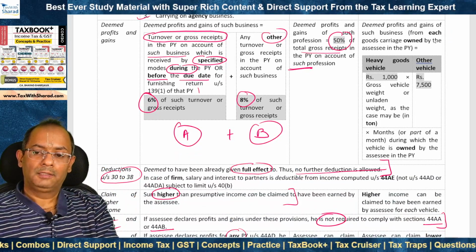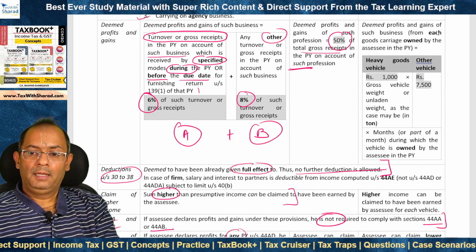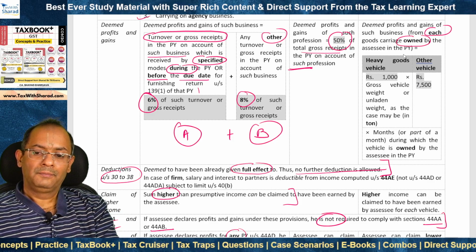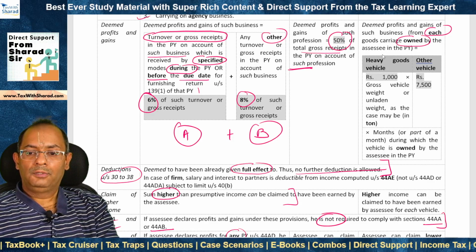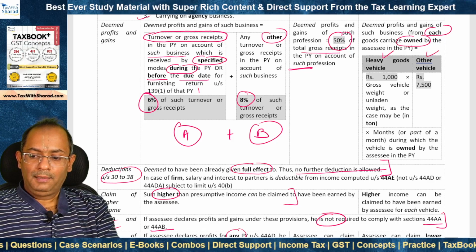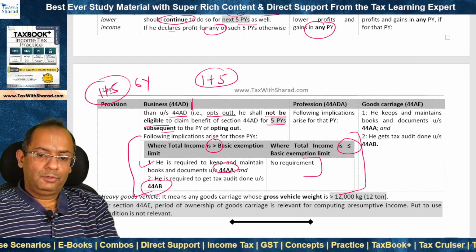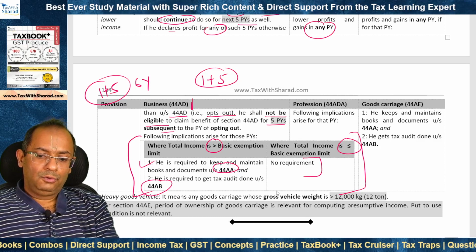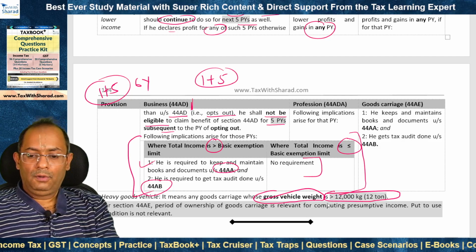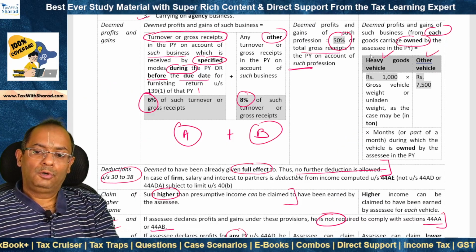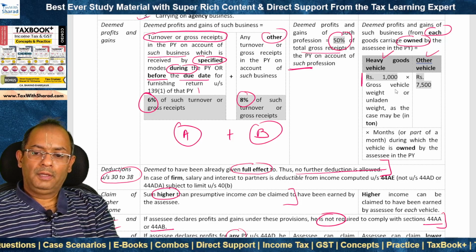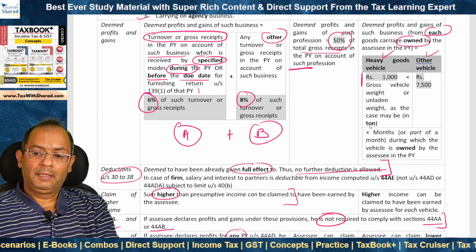And how do we calculate? This is the formula. And this calculation is to be done for each goods carriage which is owned by the assessee in the previous year. The formula depends on whether the goods carriage is a heavy goods vehicle or other vehicle. What is a heavy goods vehicle? Heavy goods vehicle means any goods carriage whose gross vehicle weight is greater than 12,000 kg, which means greater than 12 ton. So for a heavy goods vehicle, the formula is rupees 1,000 into gross vehicle weight or unladen weight, as the case may be, in ton,